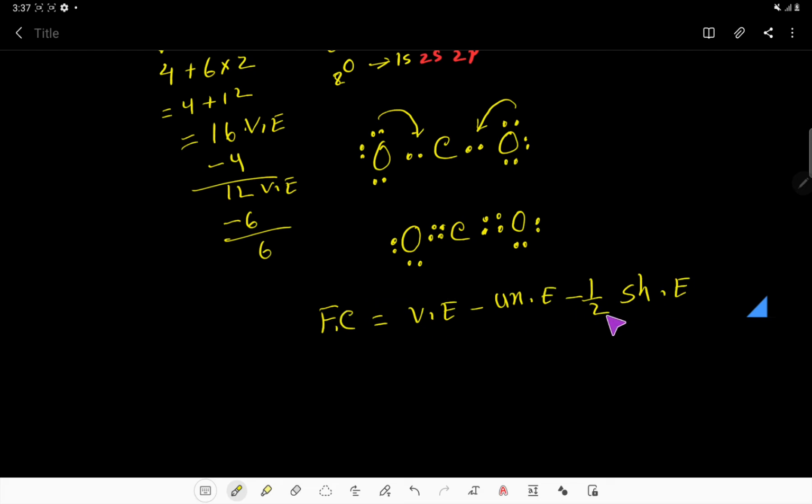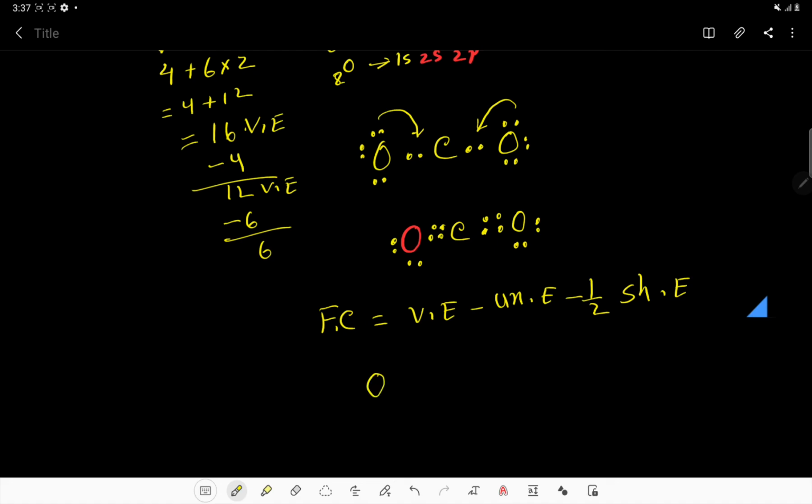This is the shortcut formula, and this is the best formula. Remember this: formal charge equals valence electrons of the atom in free state minus unshared electrons minus half of shared electrons. For this oxygen, look,